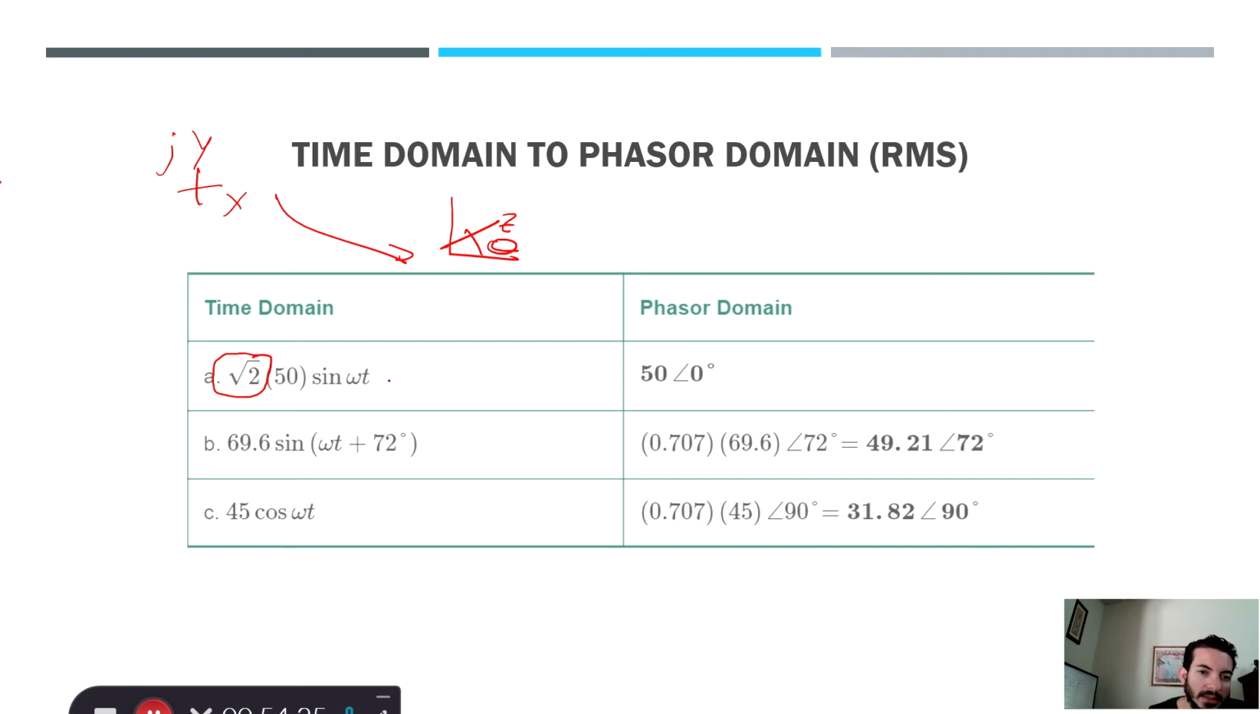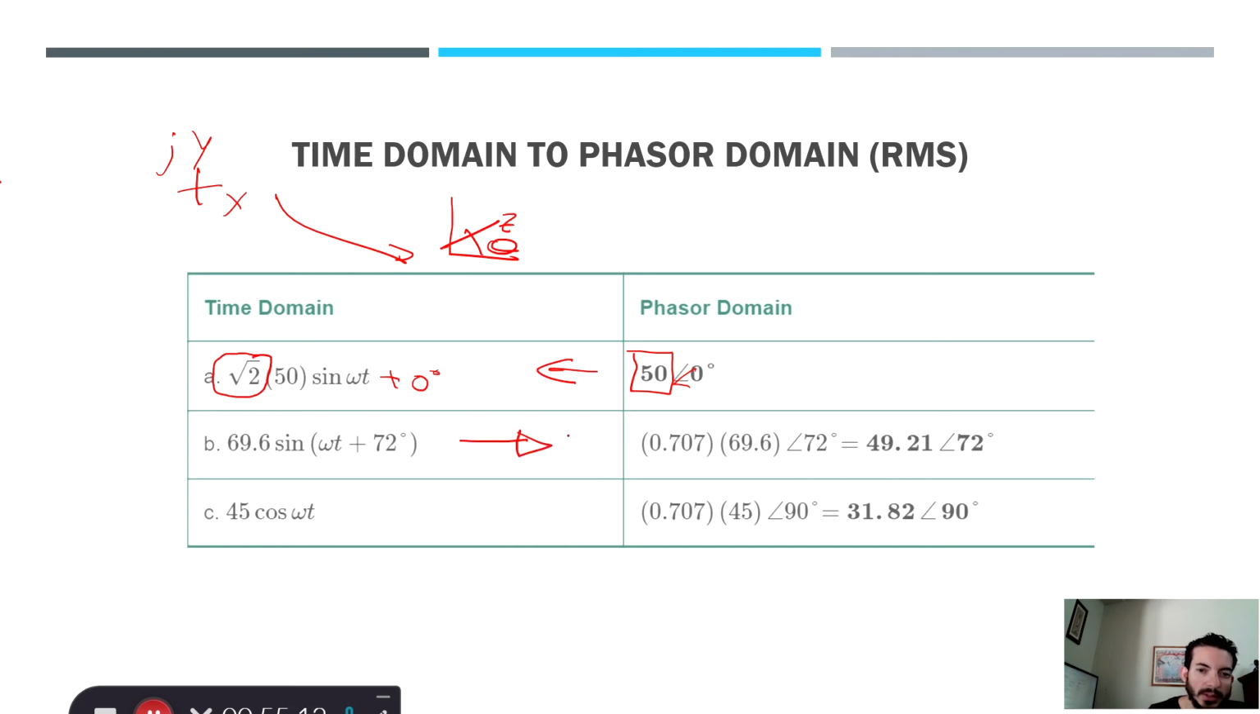Since this is with 0 degrees offset, we have no angle to worry about. But if you have your z of 50 volts, for instance, and you want to take it back to your time domain and find the RMS value, it's going to be 50 times square root of 2. If you have, for instance, 69.6 sine omega t at a 72 degrees offset, then in terms of phasor domain